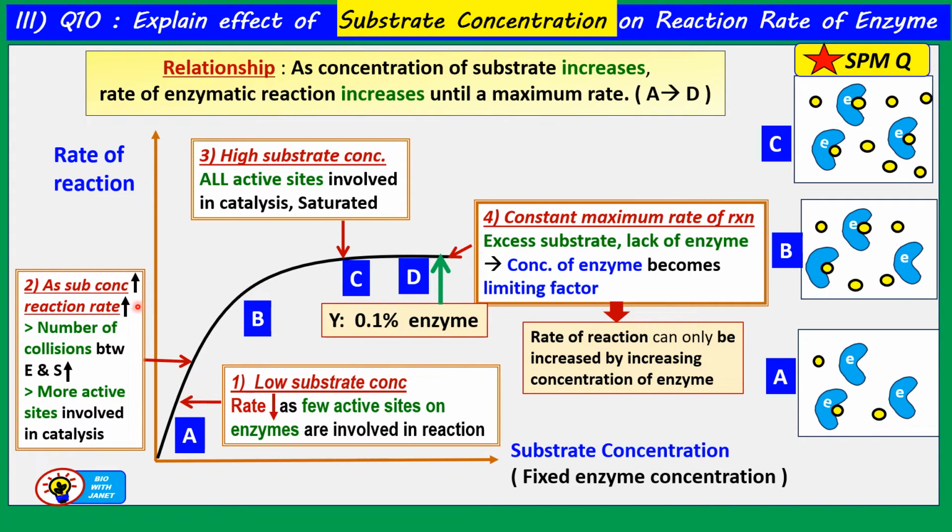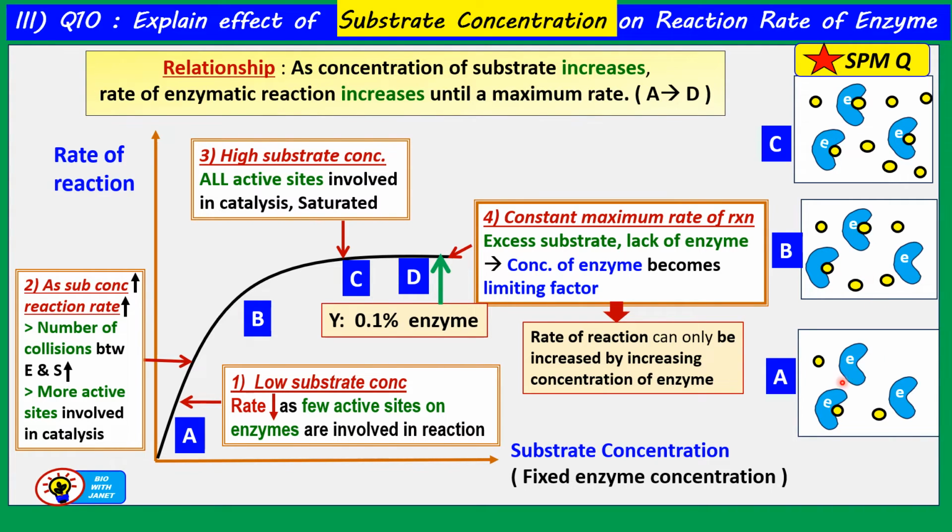So secondly, when the substrate concentration increases, the reaction rate also increases. So what happens here? The number of collisions between the enzyme and substrate molecules increases as we increase the substrate concentration. So more active sites are involved in catalysis. Here, this is just a simplified diagram to give you an idea what happens. So now here there are two active sites that are constantly